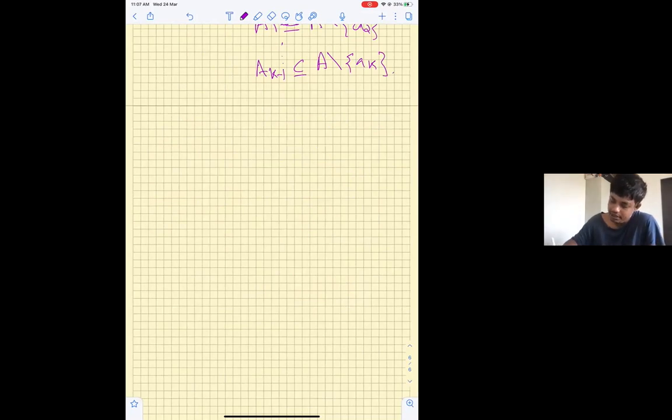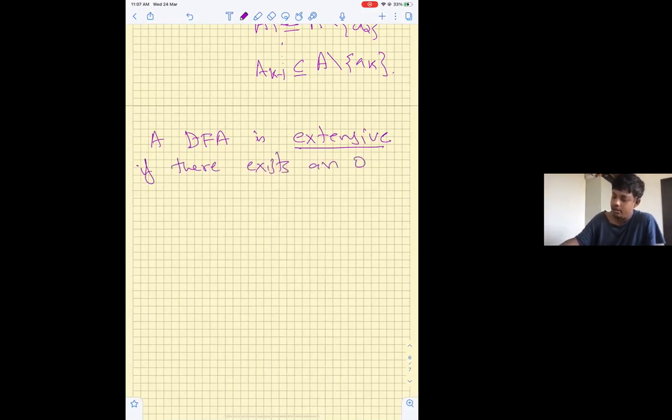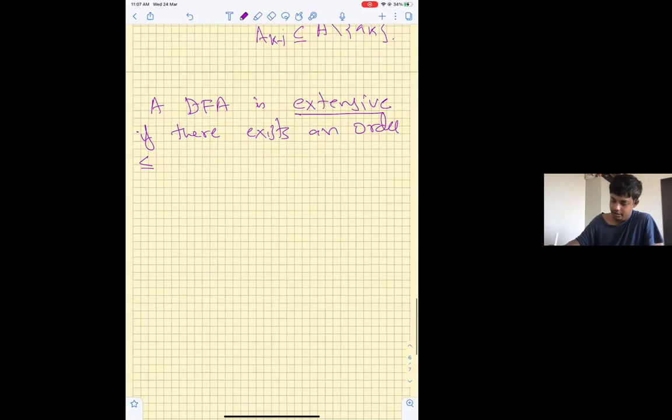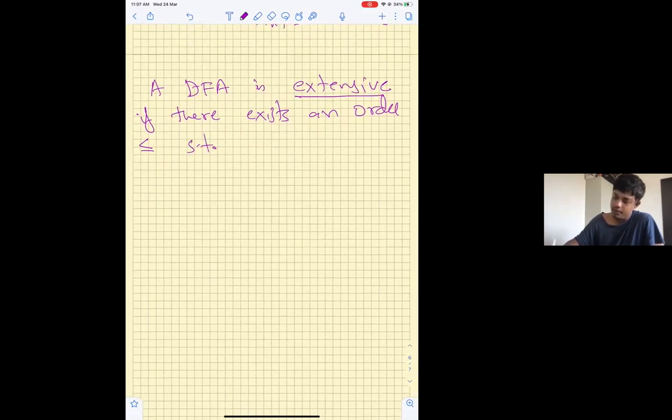A deterministic DFA is extensive if there exists an order less than or equal to on the states Q such that